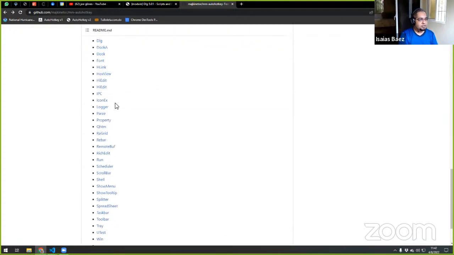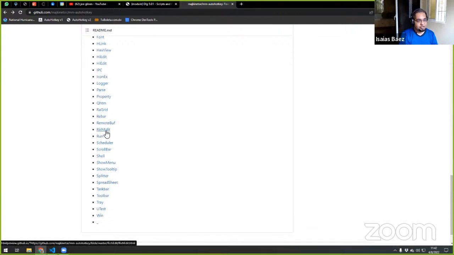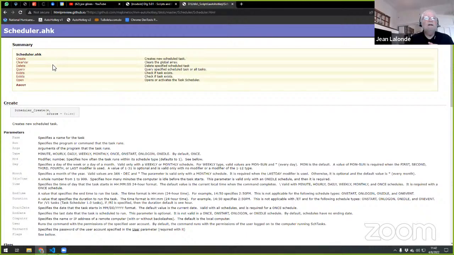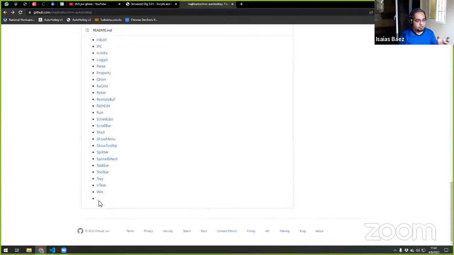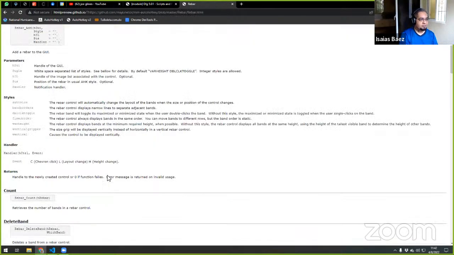So it had a lot of interesting things, like the rich edit controls, the scheduler. Can you pick any of them independently, or are they in a kind of framework? It is a framework. You can include them all at once, but you can just select the one that you want. So you can just grab the rebar and download that AHK by itself, and that's it.